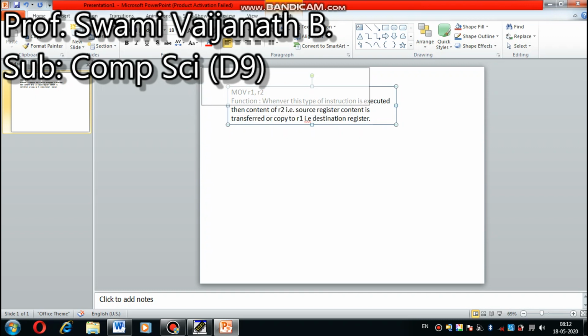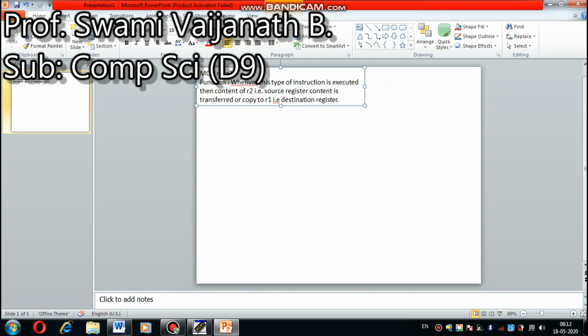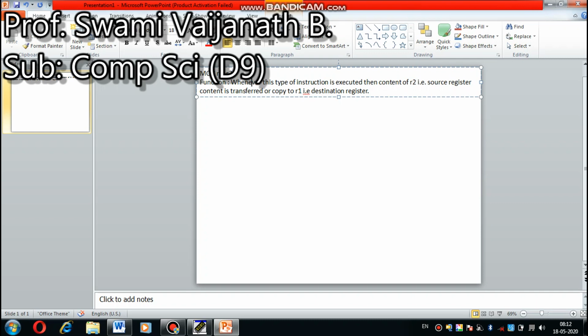What I can say, whenever this type of instruction is executed, then content of R2, that is source register, is transferred or copied to R1, that is destination register.